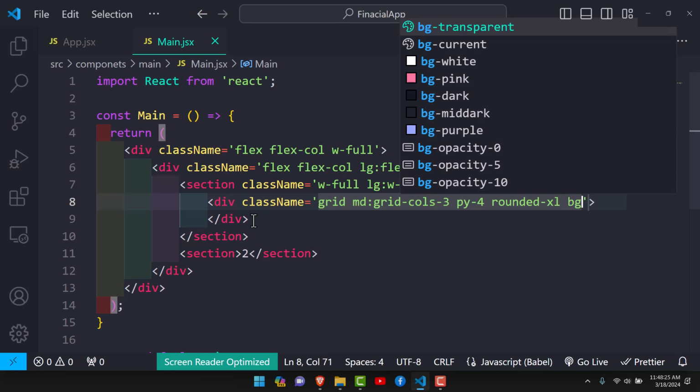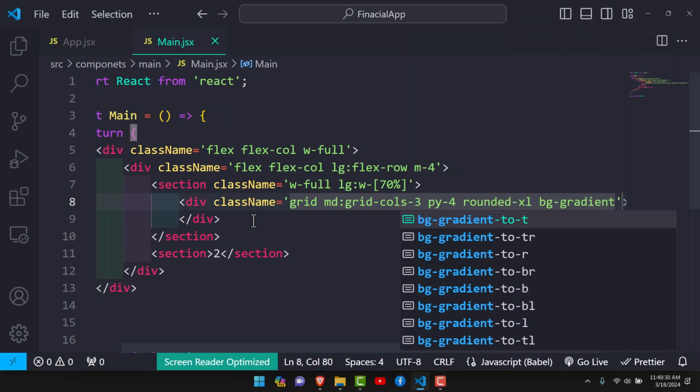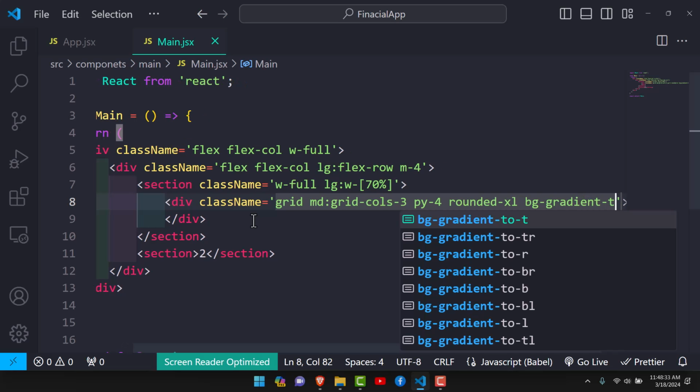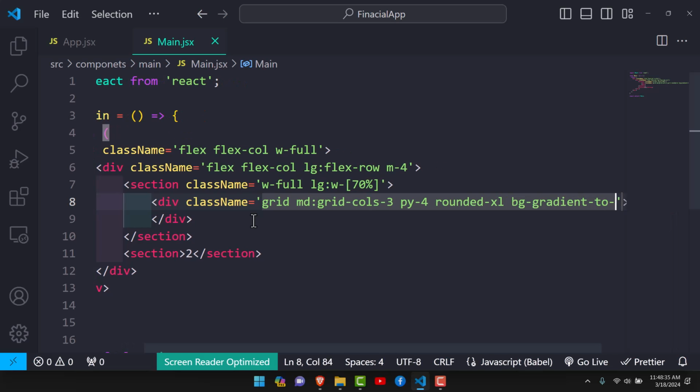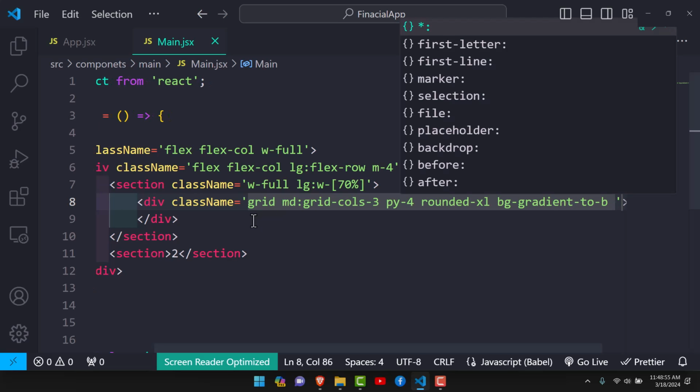For the BG, we are going to give it a gradient color. So I'm going to talk about BG gradient to bottom. So this is how the colors should be merged, because we're going to have at least 3 or 2 colors, 3 colors. So how they should be braided, it's from bottom, and so we are going to be changing how these colors will be braided on